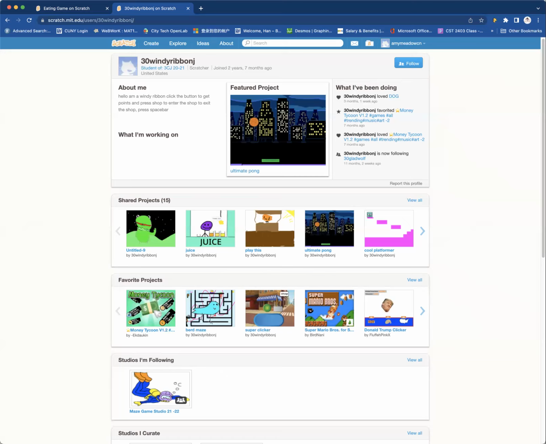The kid that I teach is a middle school student. She's in sixth grade and she has learned something about Scratch basics in school. And now